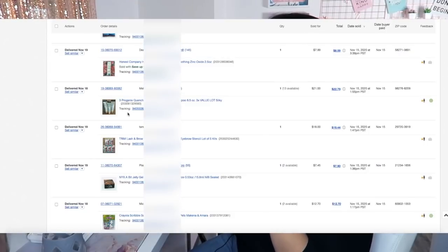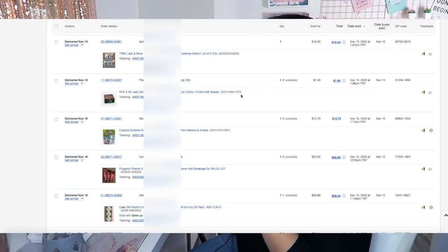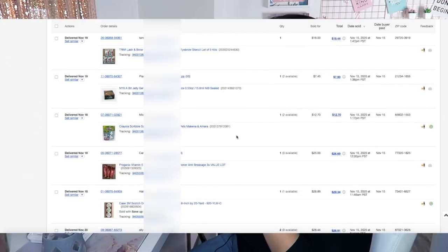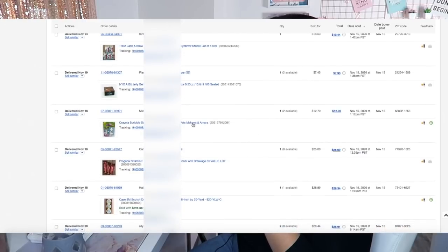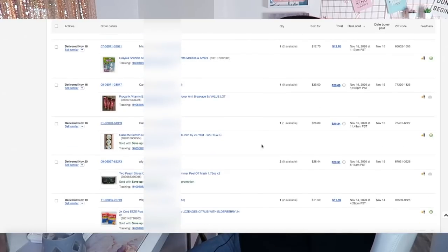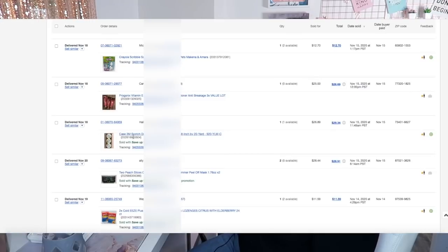Quench Moisturizing Nourish Shampoo on best offer for $21. Some NYX Gel Bronze Illuminator for $7.45. A Crayola Scribble Safari Color Pet Little Toy Thing for $12.70. Here's another lot of Proganics Repair Conditioner sold for $25 on best offer. A 6-pack of 3M Scotch Yellow Duct Tape sold for